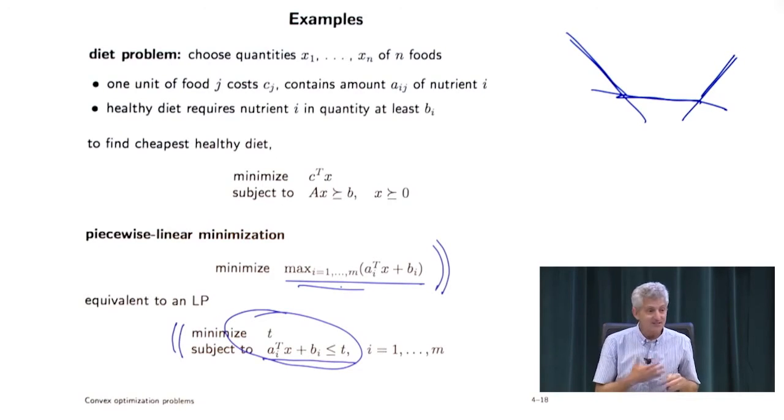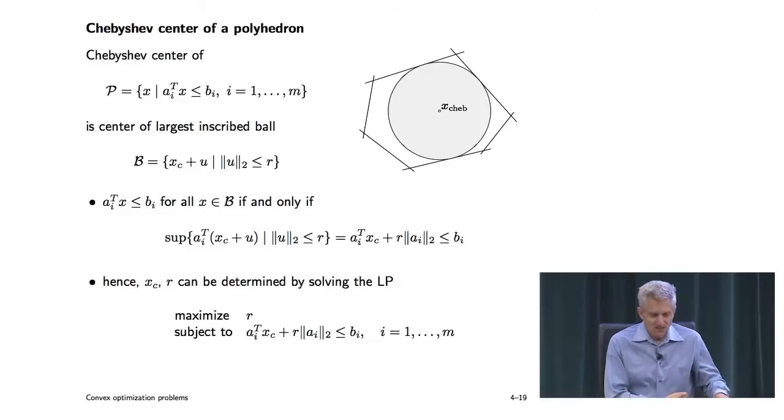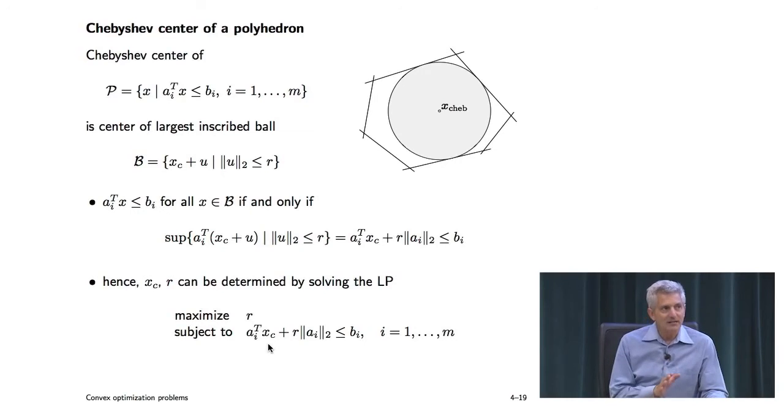It says basically, since LP solvers are extremely reliable and extremely efficient, we can solve that problem. That's the practical implication of it. I mean, there are theoretical implications as well, but that's the practical one. Okay. So our next example of a linear program, or I should say a problem that can be transformed to